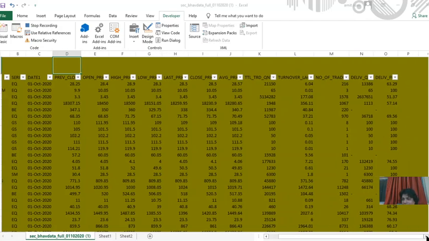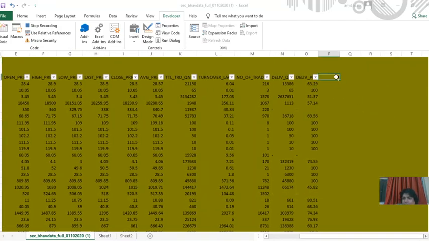So we will apply here, in this workbook. What we will apply first is the delivery percentage. So delivery percentage, PERC, we will see there, and here we will see the volume.